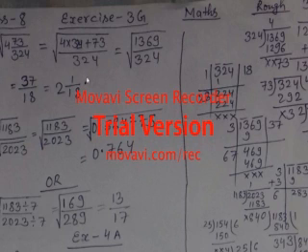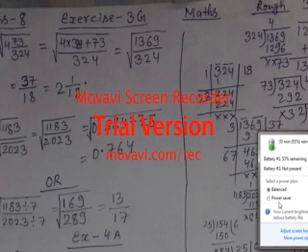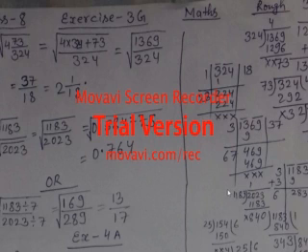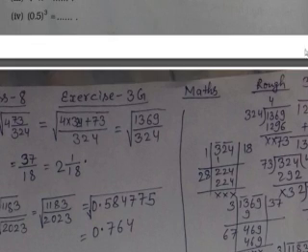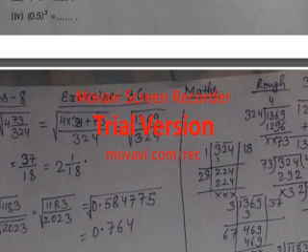At first, what we had done is I had changed the fraction into mixed. It was mixed only, improper I had changed. 4 has been multiplied with 324 and plus 73. You can see 324 is multiplied by 4 over here. 4 4 is 16, carry 1, 4 2 is 8 and 1 is 9, and then 4 3 is 12. So 1296 plus 73 has been done.